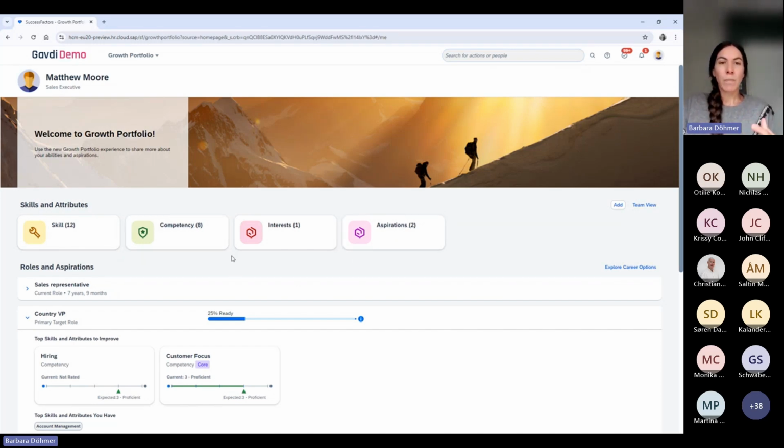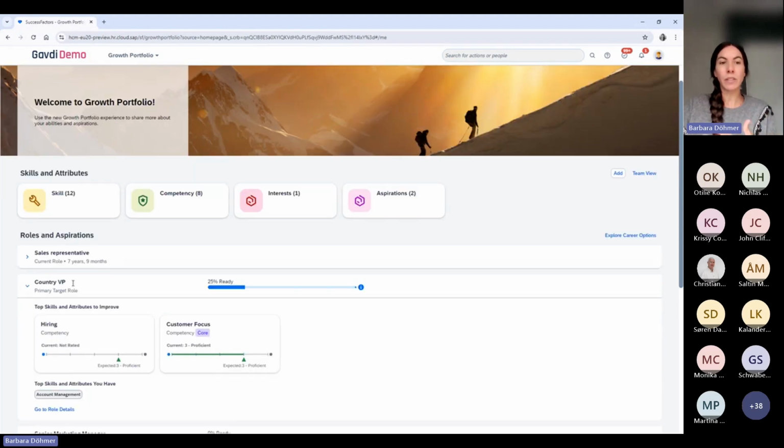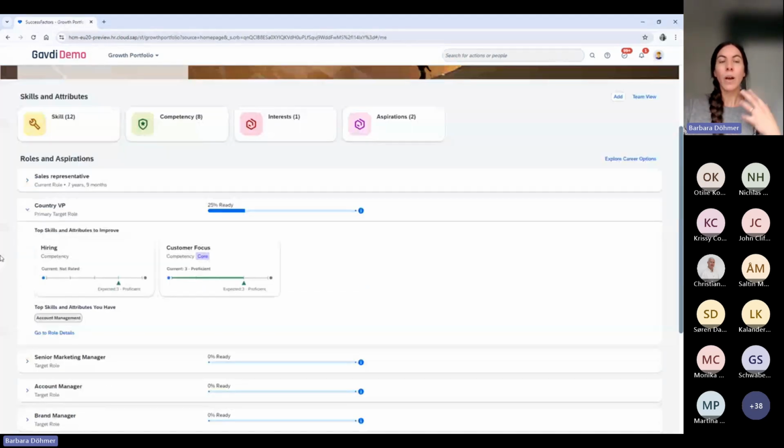It's not only about attributes or skills, but it also shows you your roles, as well as aspirations, where you want to go, where you want to develop your career, as you can see here. So Matthew is very interested in different roles. He wants to push his career forward into perhaps different opportunities or different possible target roles.